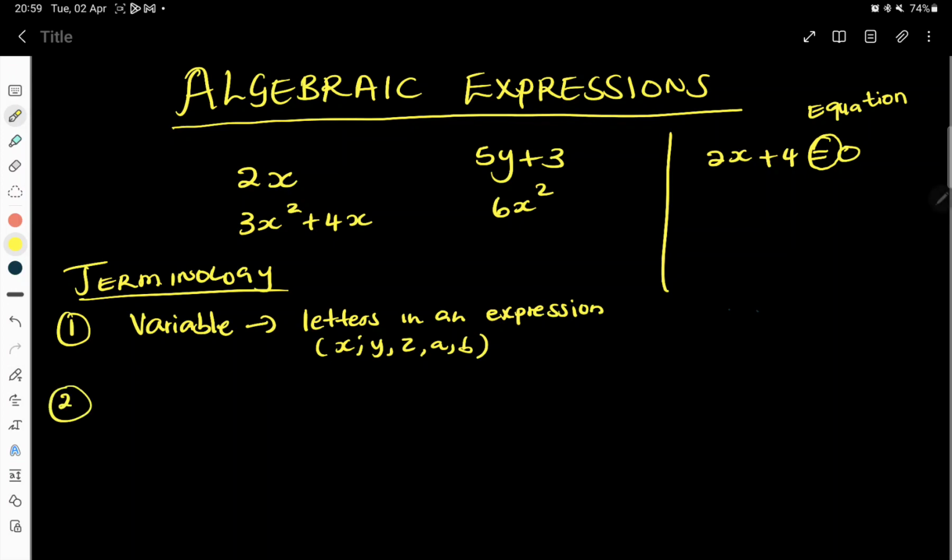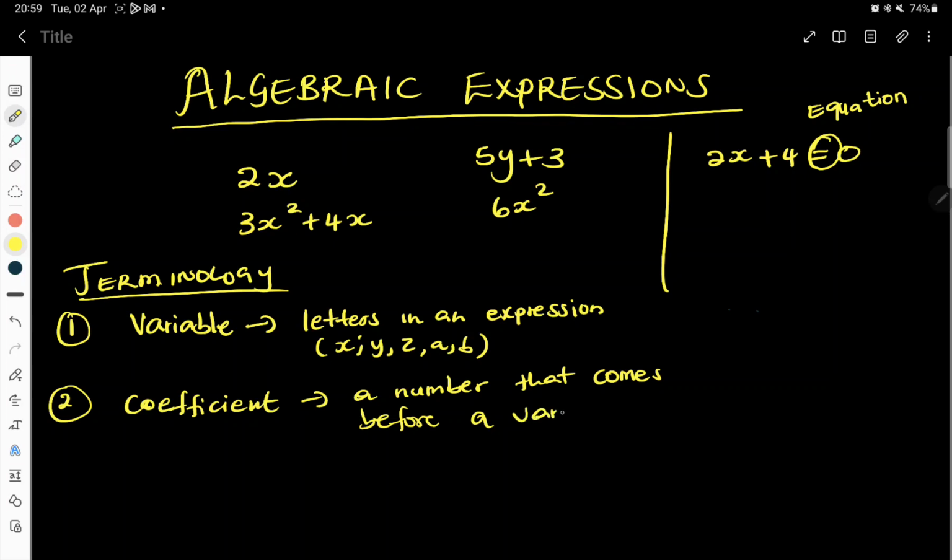Then we have the second one, which is a coefficient. A coefficient is a number that comes before a variable. That number is known as a coefficient. For example, if you use 2x, the 2 there, that number that comes before the variable, remember we said x is a variable, the number that comes before the variable is known as a